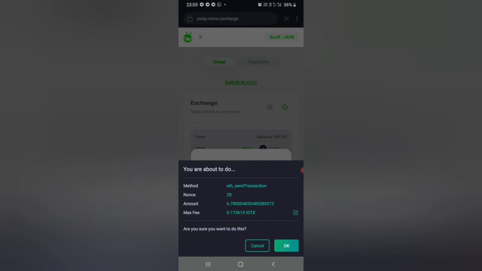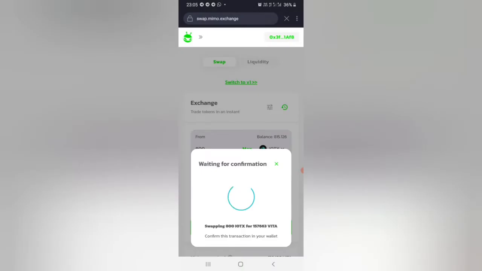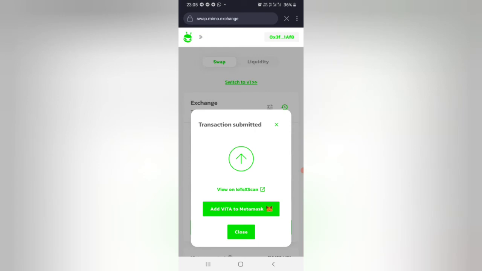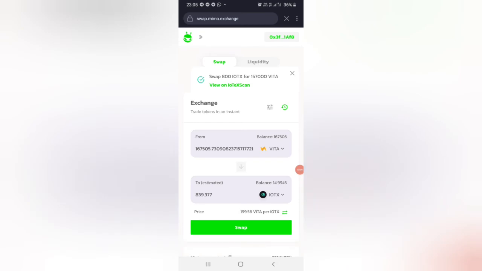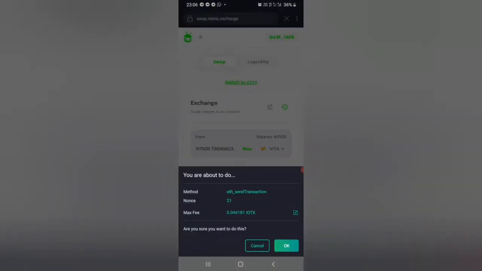Now I will show how to swap. Just place a token opposite and swap, similar to PancakeSwap. You can see within seconds the transaction gets confirmed without much loss. Now I am swapping the Vite token back to IOTX.